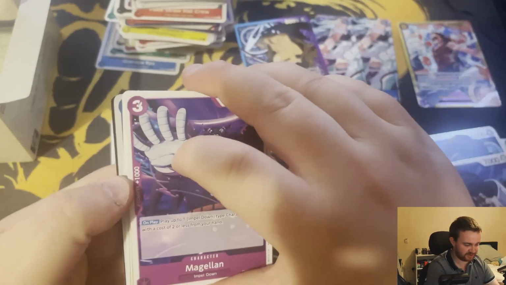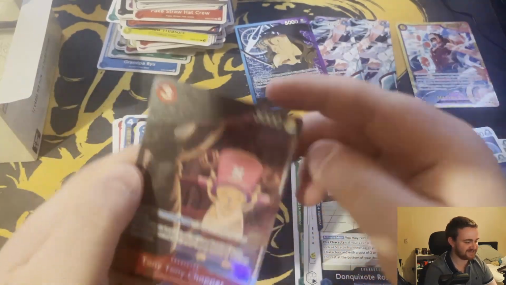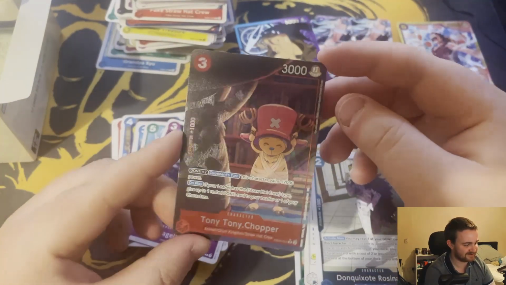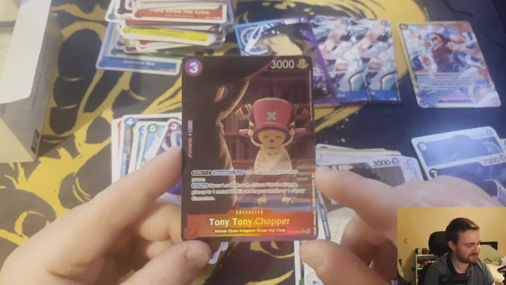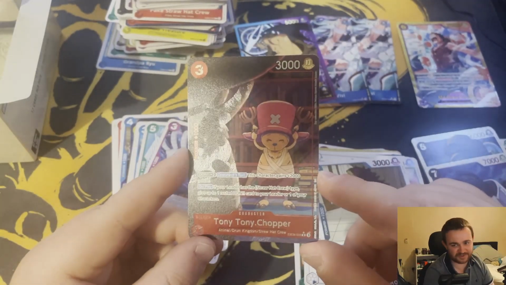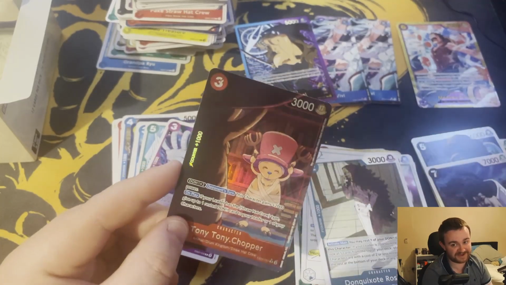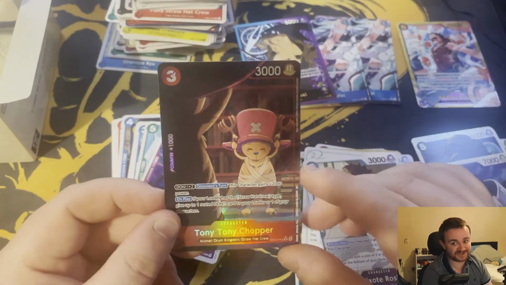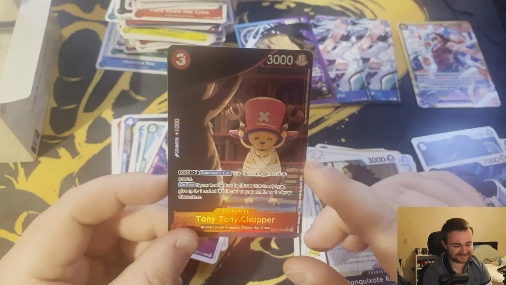And on the end of this one, we got... Hey, we got a Chopper. So we did get 3 hits. Sick. Look at that. Got the Chopper alt-art. Hey, not the craziest card in the world, but a very cute one. Chopper, always a fan favourite. And this is a good card. We know what the alt-art EB01 Chopper goes for. I doubt this gets to the same price, but...